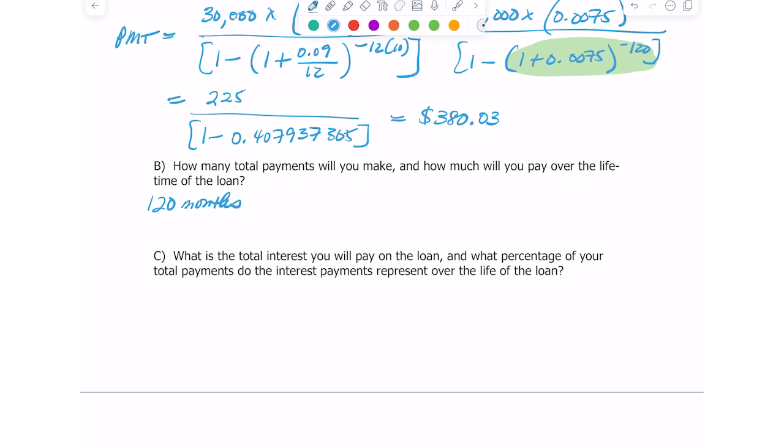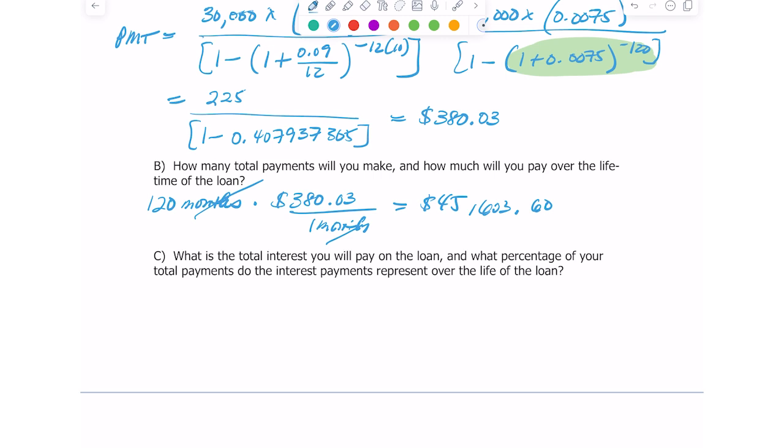And we know that we're making a monthly payment of $380.03. So that's per month. And the months will cancel. And if I multiply straight across, I get $45,603.60. So that's how much money you'll actually be paying back over the course of that loan, even though the